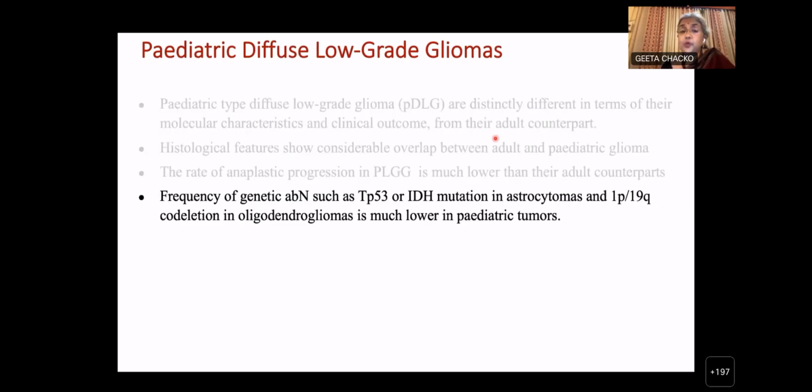So they have a much lower progression rate, and they do not show the alterations that are seen in,